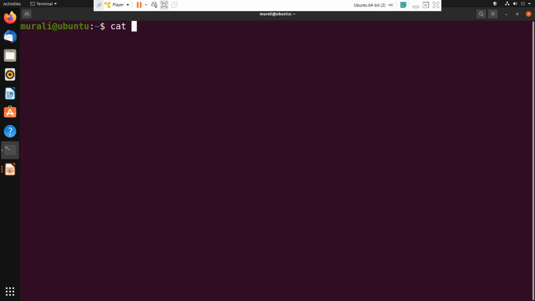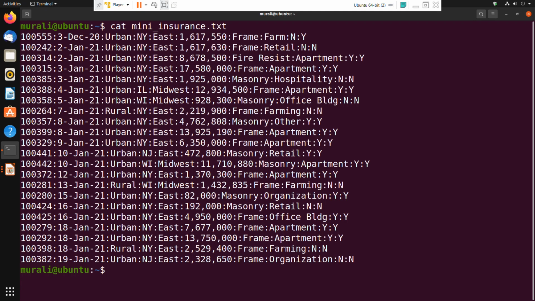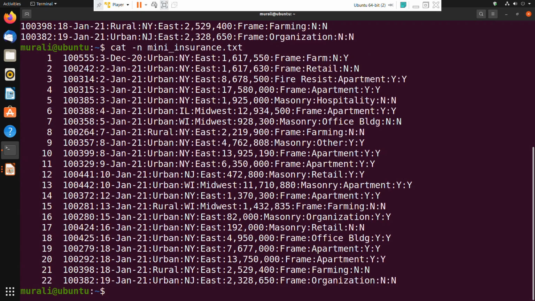cat mini insurance.txt. Let us suppose that only between the 6th line and 10th line I want to do the substitute action. Then what do I need to do? I have to give the address 6,10. We know that address is followed by action. Till now we have given only action. If you give only action, the address is taken as the entire file, first line to the last line. That is the default assumption of the substitute command.